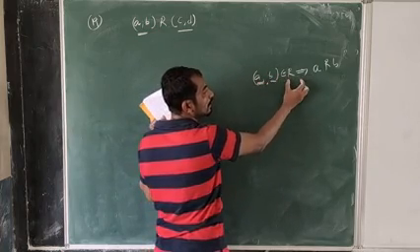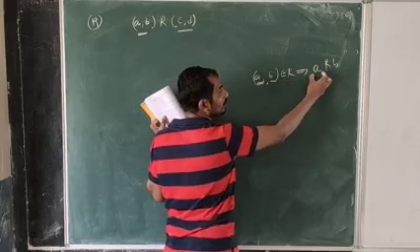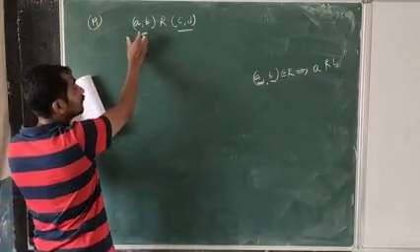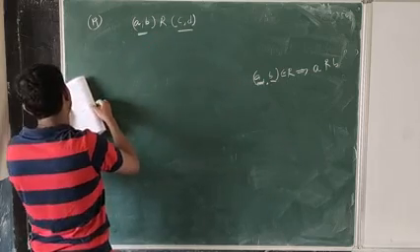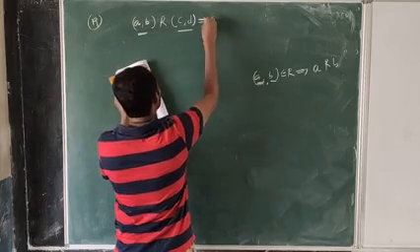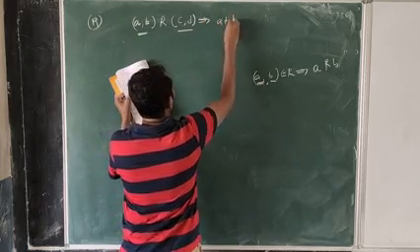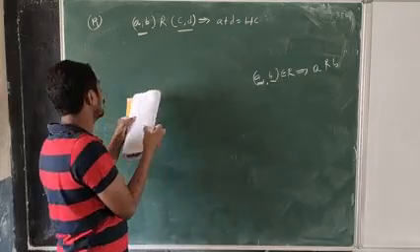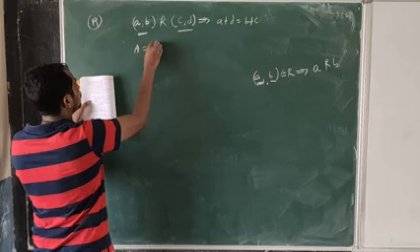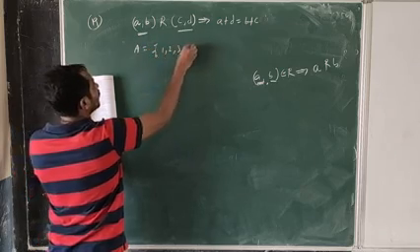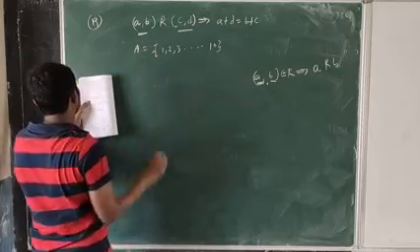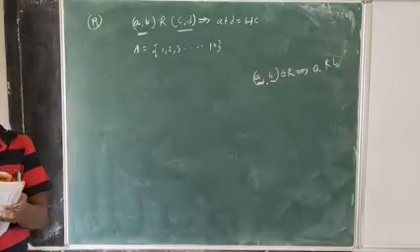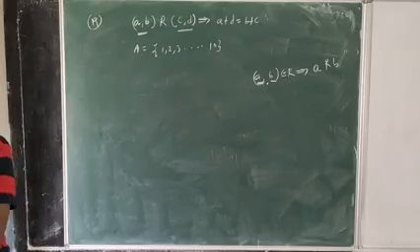So that means that (A, B) belongs to R. (A, B) belongs to R means that A relation B is there. Okay, then how is the relation defined? (A, B) relation (C, D) is defined by the condition A plus D is equal to B plus C, on A cross A, where set A is equal to {1, 2, 3, and so on up to 10}. Set A is given. Then show that it is an equivalence relation, and hence write the equivalence class for (3, 4).